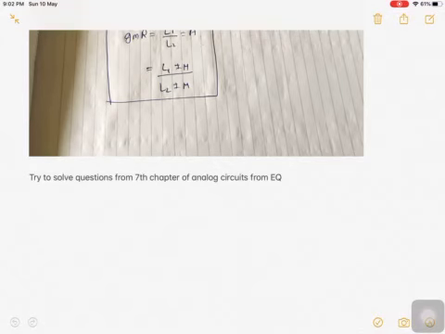With this, our topic of positive feedback amplifiers as well as total feedback amplifiers is completed. In the next class, we will start with power amplifiers and then move towards op-amp. Before going to the next videos, just make sure you are comfortable with feedback amplifiers. Try to solve the questions on negative feedback amplifiers and positive feedback amplifiers. If there are any doubts, we can always discuss on our WhatsApp group.